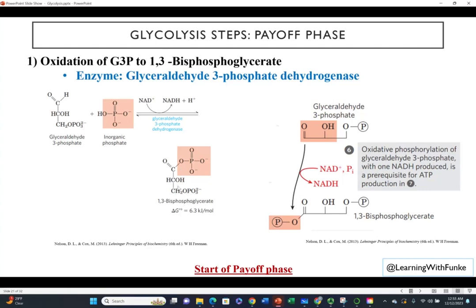So what does that mean? That means we start with phosphate at carbon 3, but now phosphate reacts at carbon 1 to form a compound with 2 phosphates, right? That's why we go from 1 phosphate at carbon 3 initially in G3P, and then we end up having 2 phosphates at carbon 1 and carbon 3 to give us this compound,